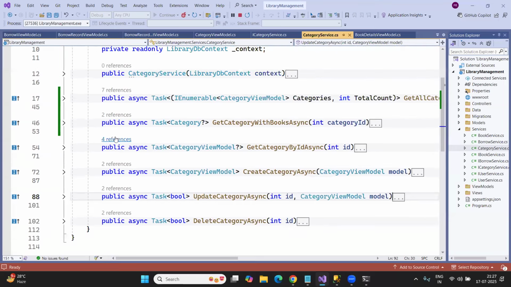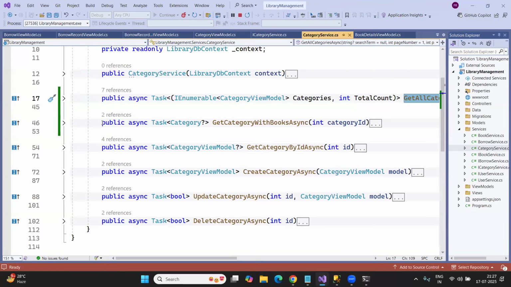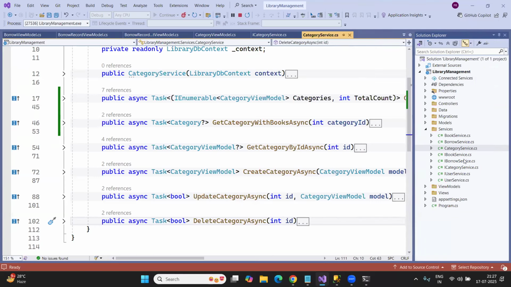Guys, out of these 5 methods, we have discussed this method. But apart from this, out of these 5 methods, is there any method you need to understand, or is that clear? Okay. So once the category is done, next I need to discuss